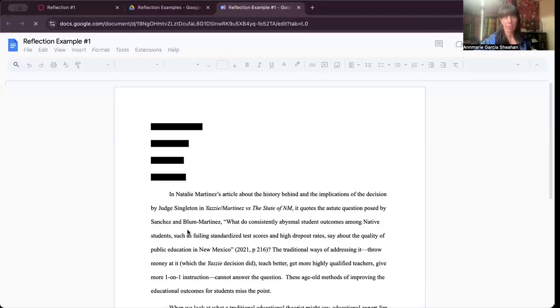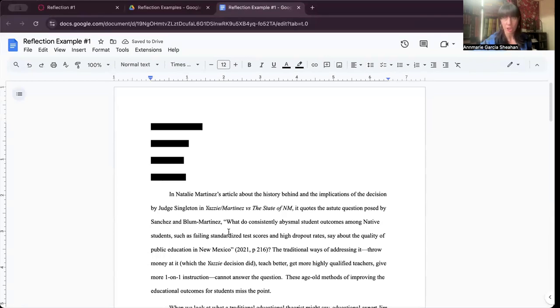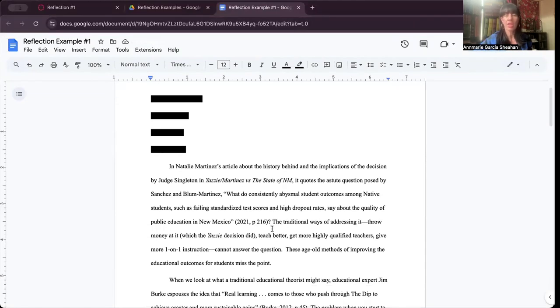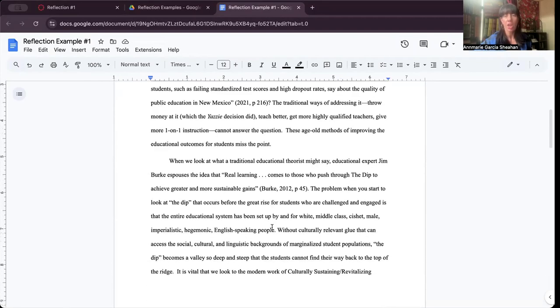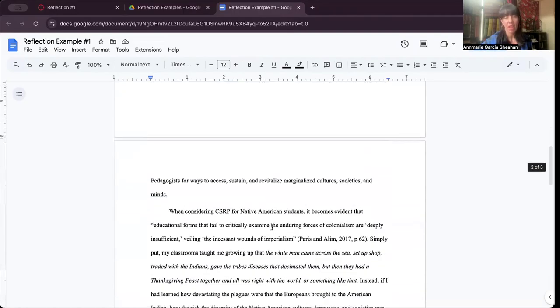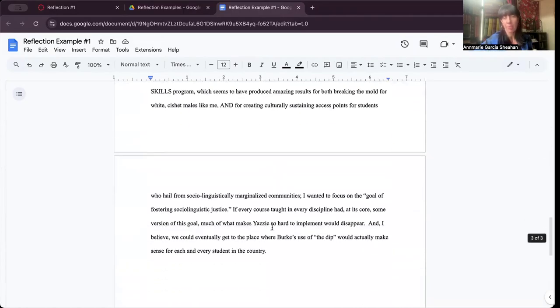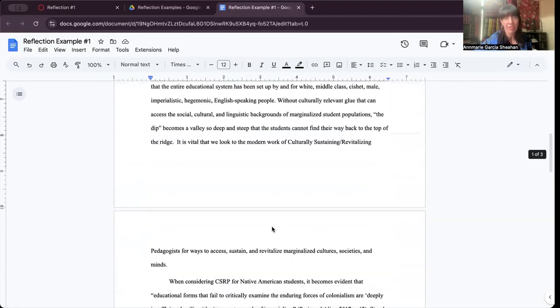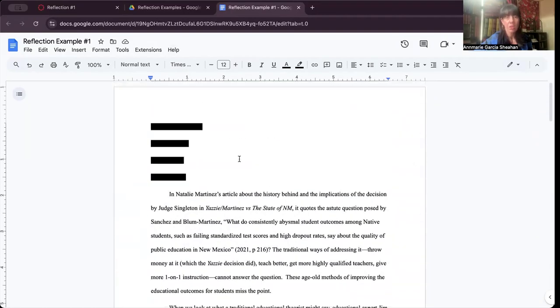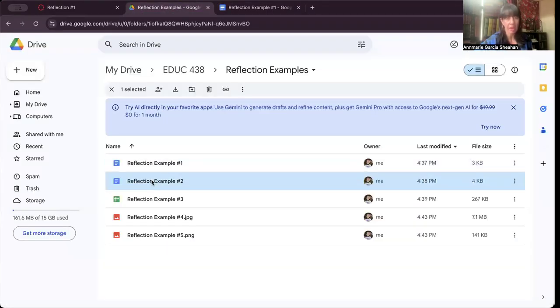The first example I'm going to pull up is what I would call a more traditional reflection. So this is an expository reflection where the student is just kind of connecting the dots through expository writing. This ended up being about 3, close to 2.5, 3 pages, which would be fine. So that's kind of the more traditional reflection. Then we have here